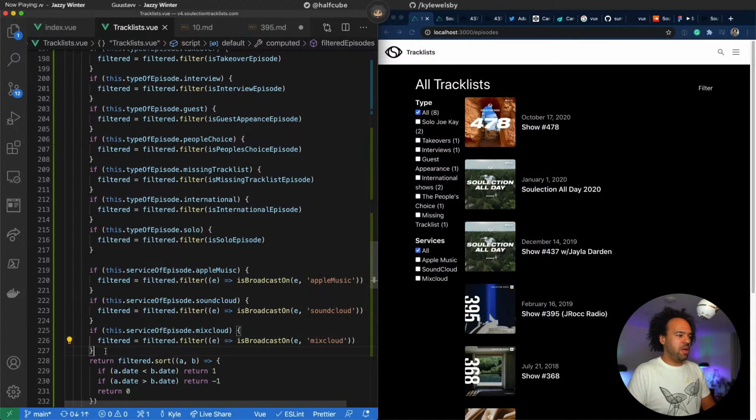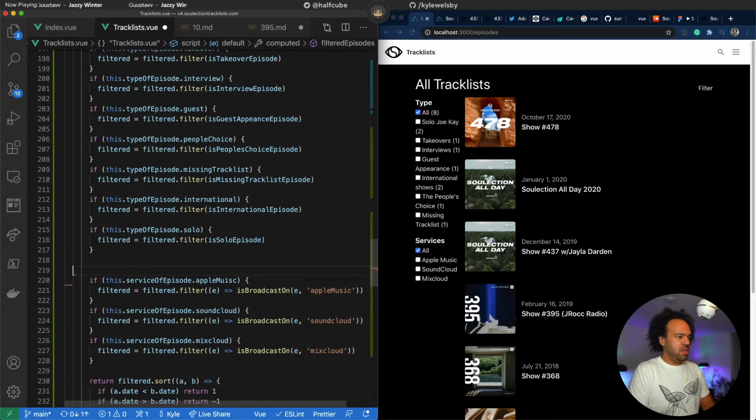It's probably a better way to do that. Yeah, there definitely is. Apple Music, SoundCloud, and Mixcloud. There's probably an even better way to do this as well.